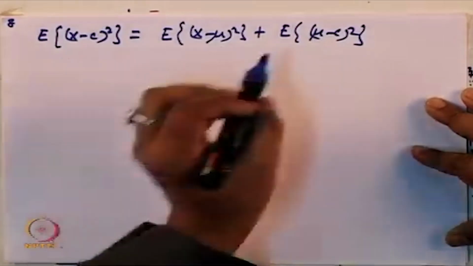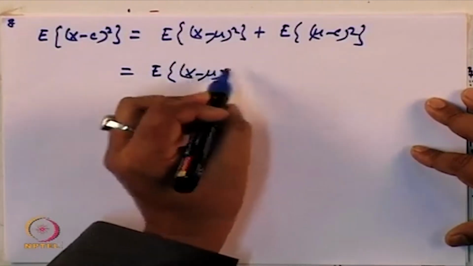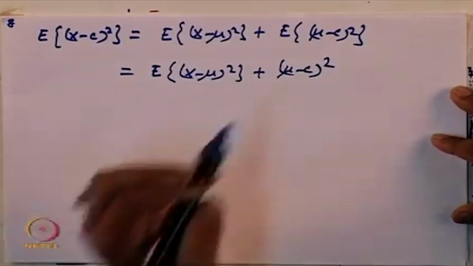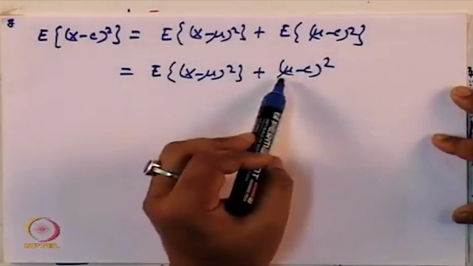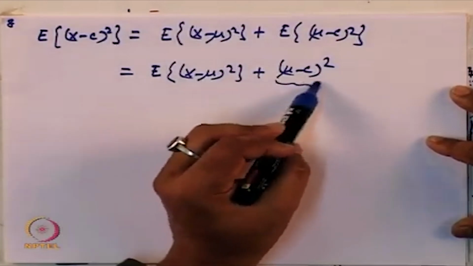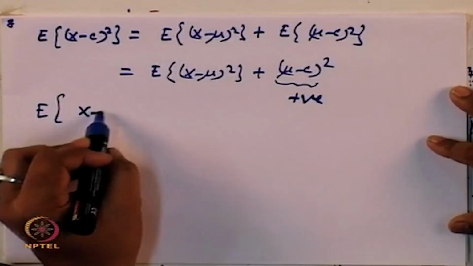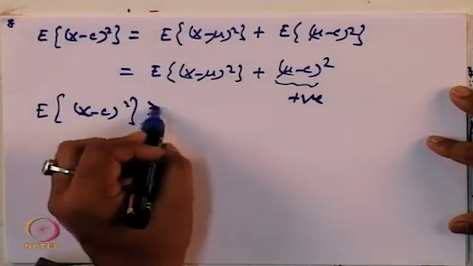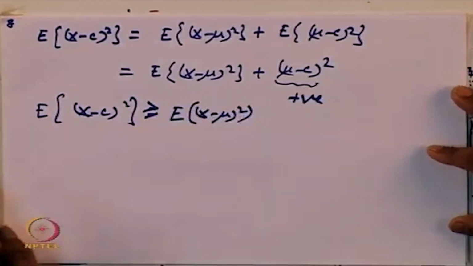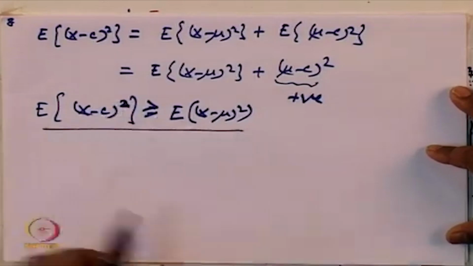So, expectation of (mu minus c) whole square, I can further simplify. Okay. So, expectation, this is a constant. So, expectation of this constant is simply that value, okay. And (mu minus c) whole square is a square. So, that means that this is always positive, okay. So, I can write that expectation of (x minus c) whole square is always greater or equal to expectation of (x minus mu) whole square,